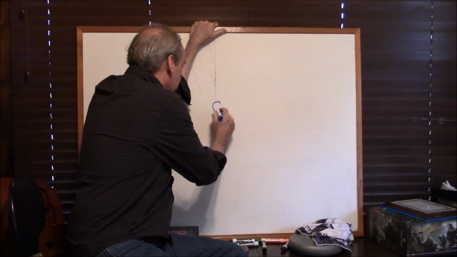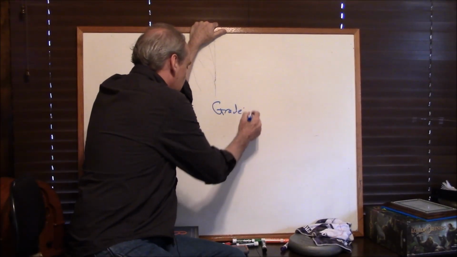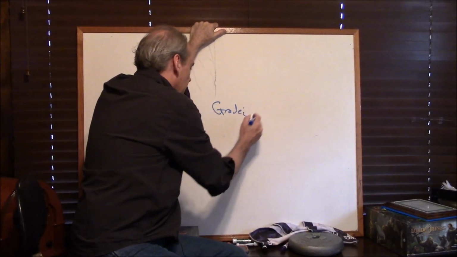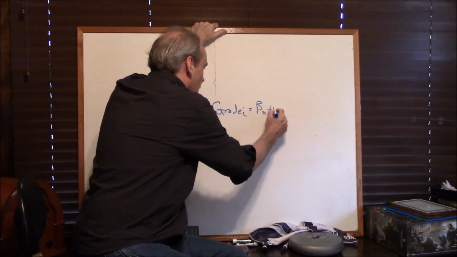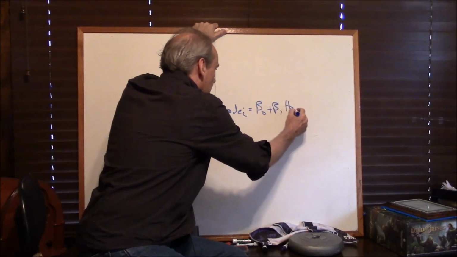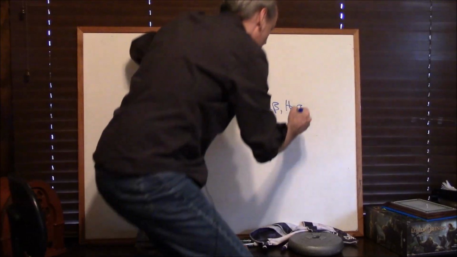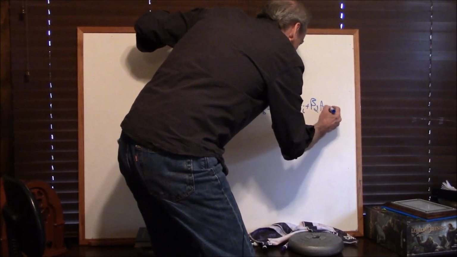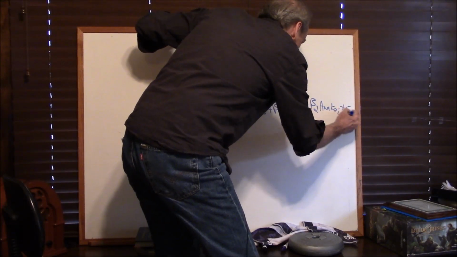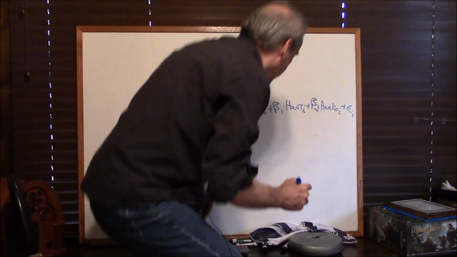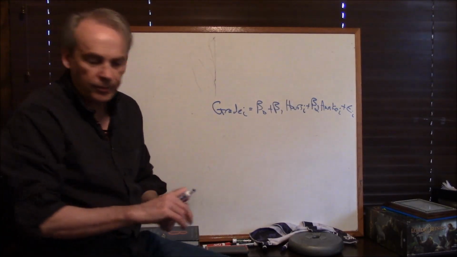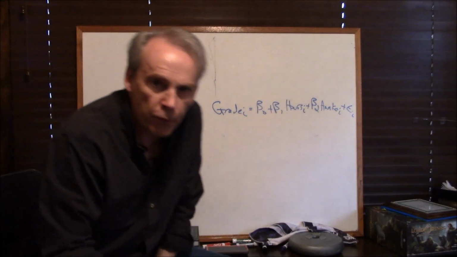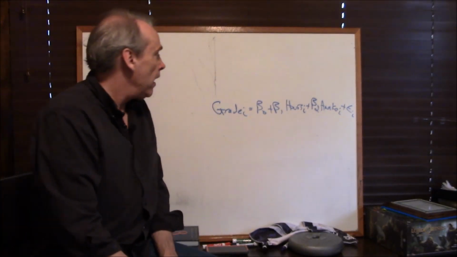So we've got grade, oops, I just put a J there for some reason instead of an I, equal to beta sub 0 plus beta sub 1 hours sub I plus beta sub 2 awake sub I plus the stochastic error term. All right, I got a new variable for you. That is the number of consecutive hours you have been awake before you took this test, okay?